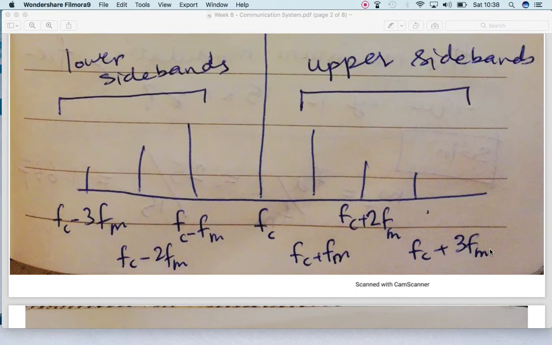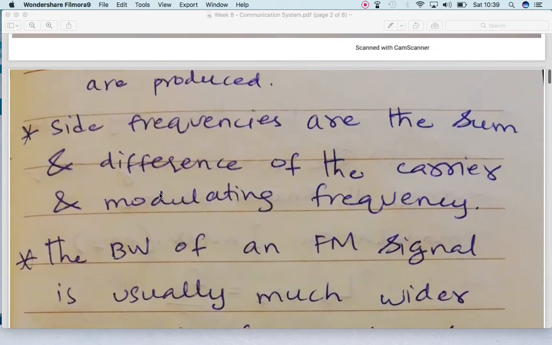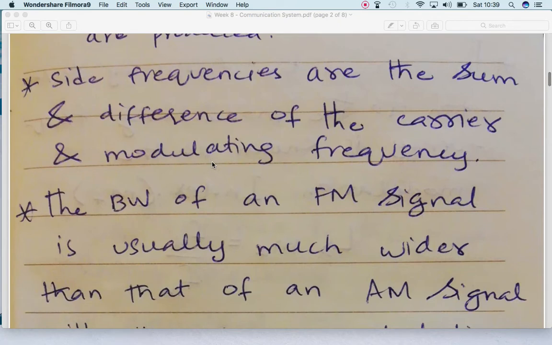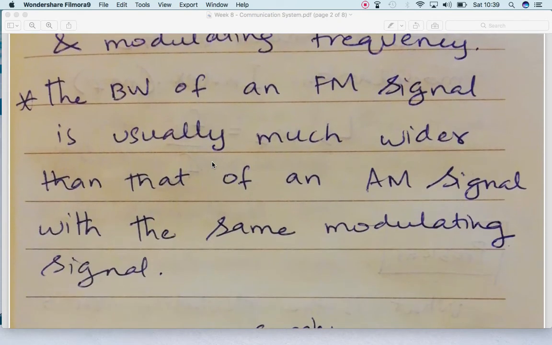They are increasing on the right hand side, while on the left hand side the modulating signal frequency is being subtracted from the carrier frequency. So this is what is being said over here, that these are the sum and the differences of the carrier and the modulating frequencies. The bandwidth of an FM signal is usually much wider than that of the AM signal, because